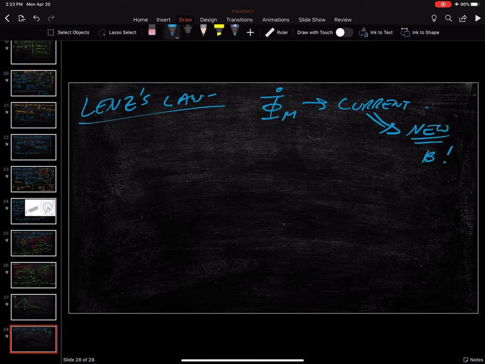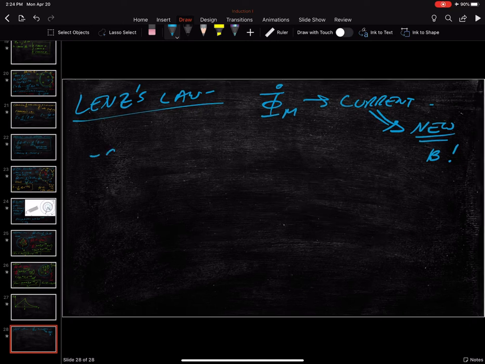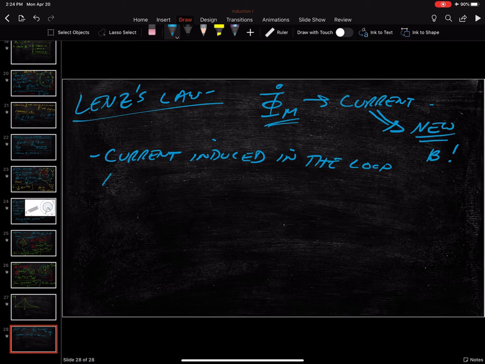As soon as you've got a current traveling through a loop of wire, you create a new magnetic field. Lenz's law says that the current induced in the loop, whatever loop you've got this changing magnetic flux through, moves in such a way